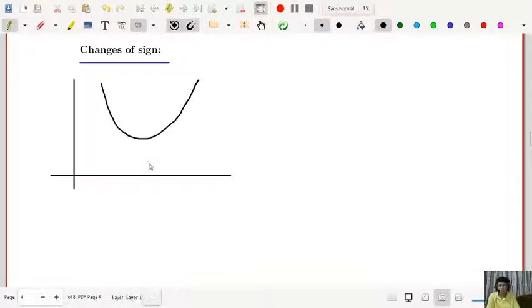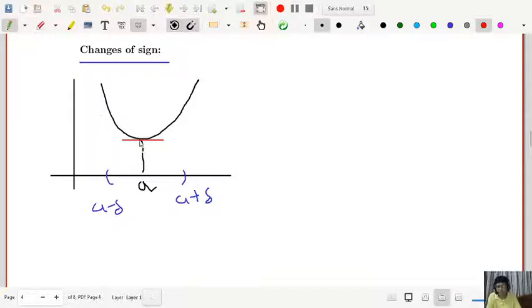So this is your function and this is your point A. Again you take a small neighborhood of A, that is A minus delta and A plus delta. In that small neighborhood, draw the tangent. At A you can easily observe that the slope of the tangent is parallel to the x-axis. So dy/dx equal to 0 at that point. dy/dx at A equal to 0.